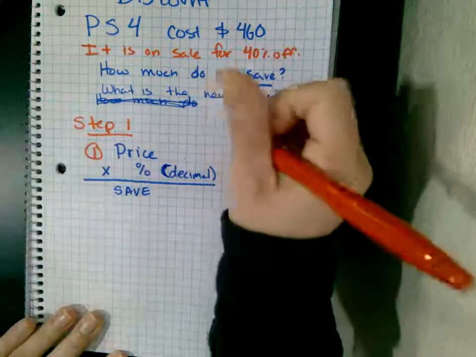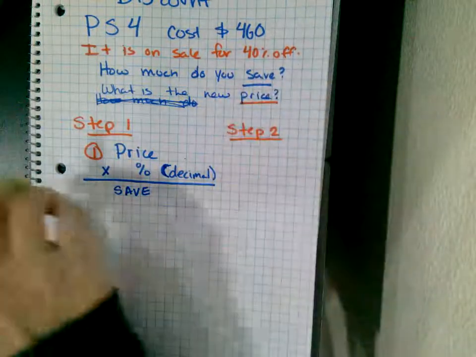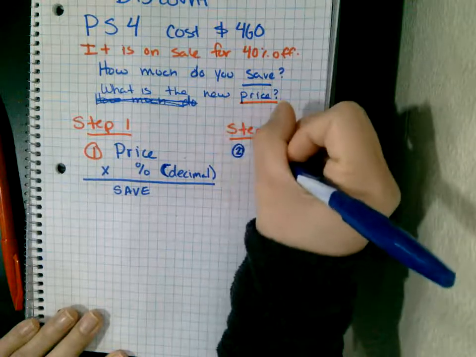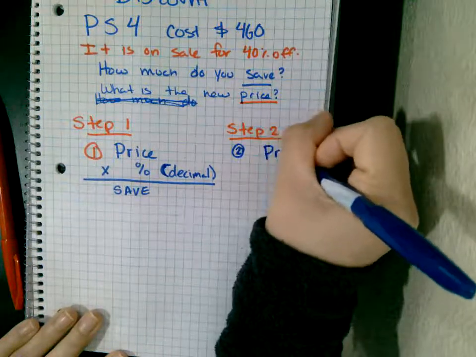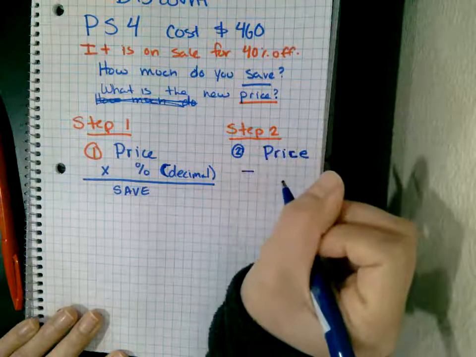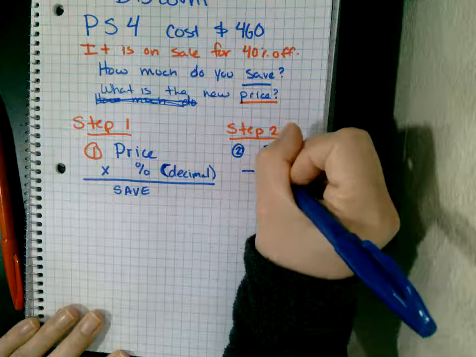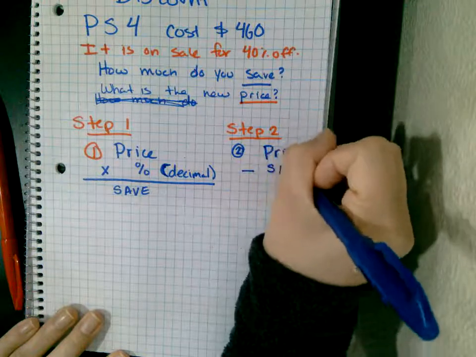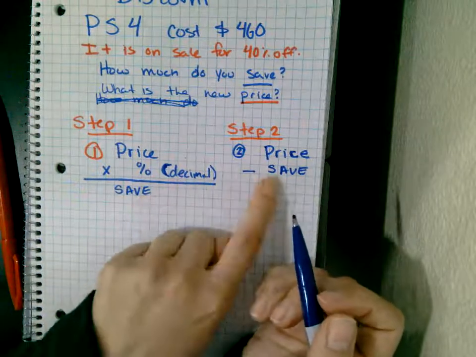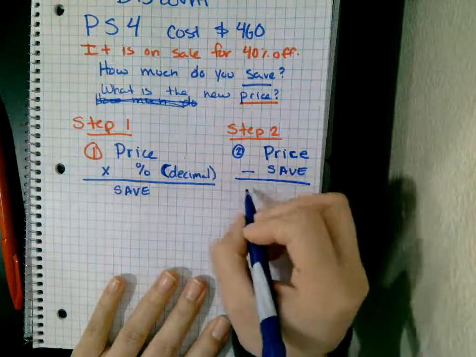Okay. Then step number two. Step number two will always be, you're going to take your price again, and you're going to subtract. I know I hate subtracting, but whatever. You're going to subtract how much you're going to save. So the answer to the first part, you're going to use it in the second step. This will tell you your new